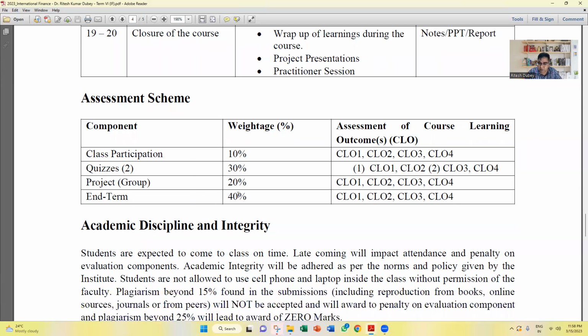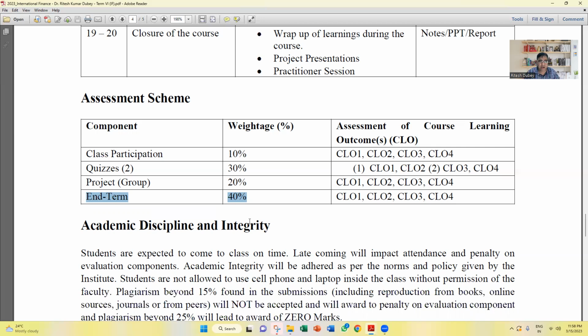We don't have a midterm in this particular course, so you can chill out a bit. But at the same time, you will have an end term which will be more application oriented. You will have certain ways of assessing the markets, assessing a small caselet, and what happens in that kind of scenario can be done over there.